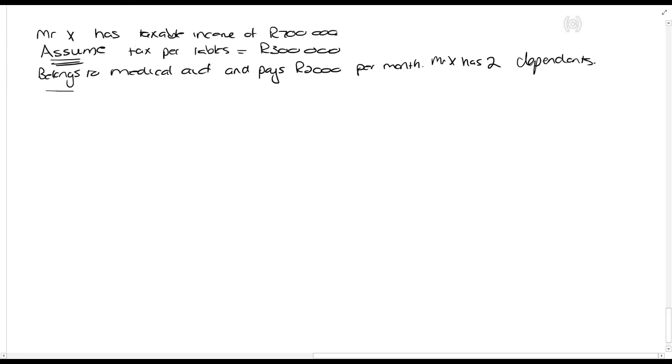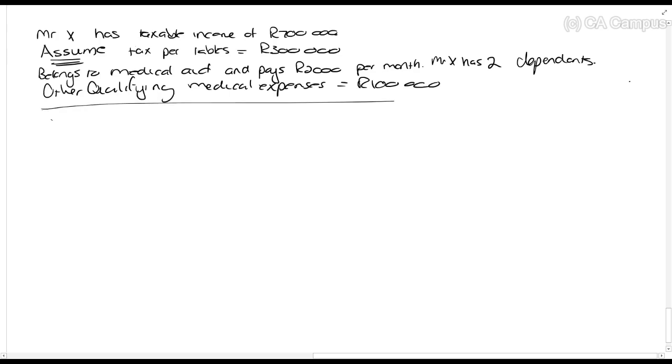Okay, so let's actually just add one extra thing. Other qualifying medical expenses equals, I'm going to make it high, 100,000 rands, just so that we can get something in. Right, then I'm going to say here another assume